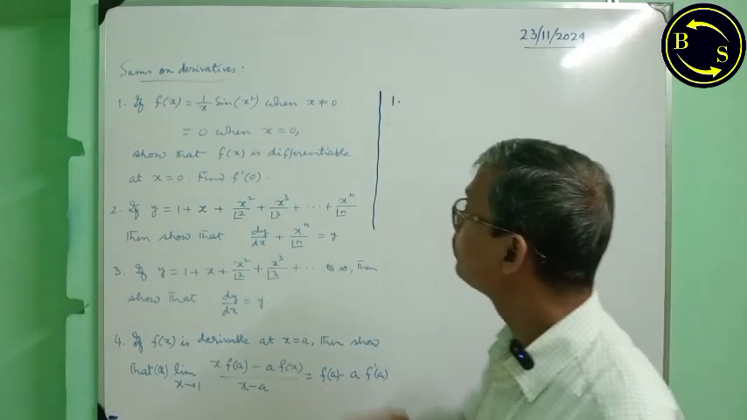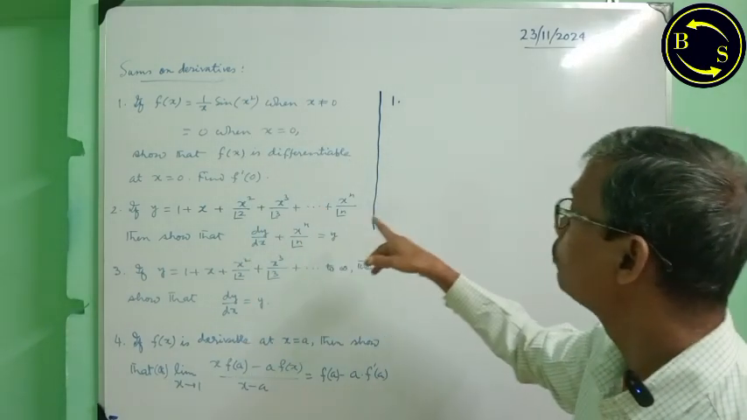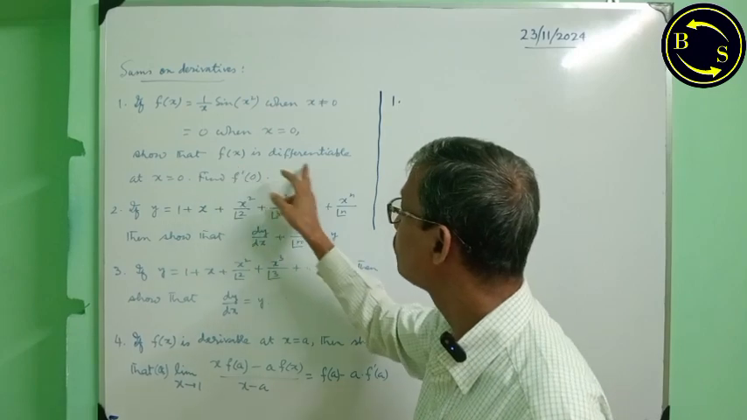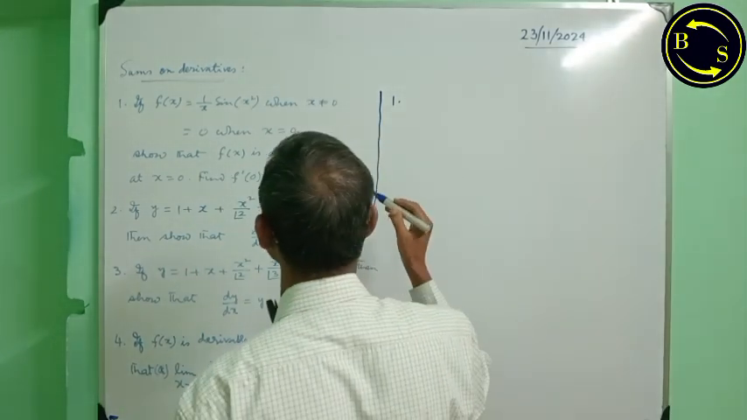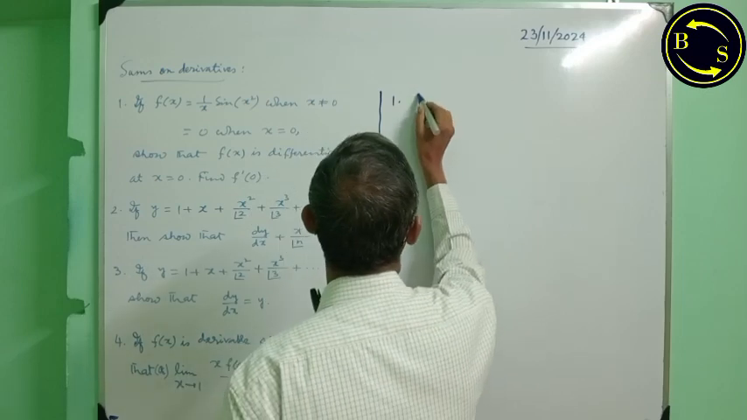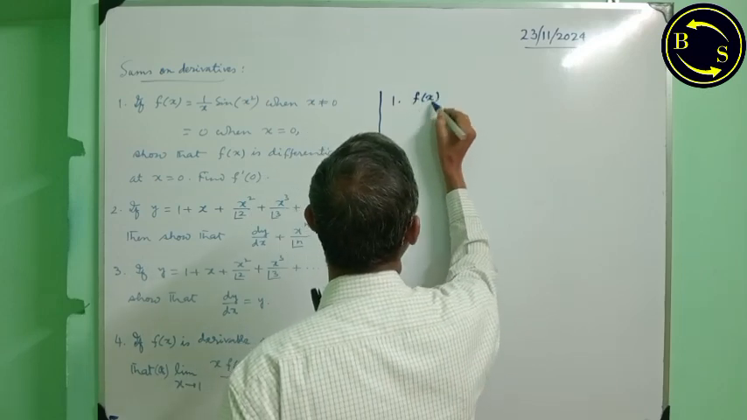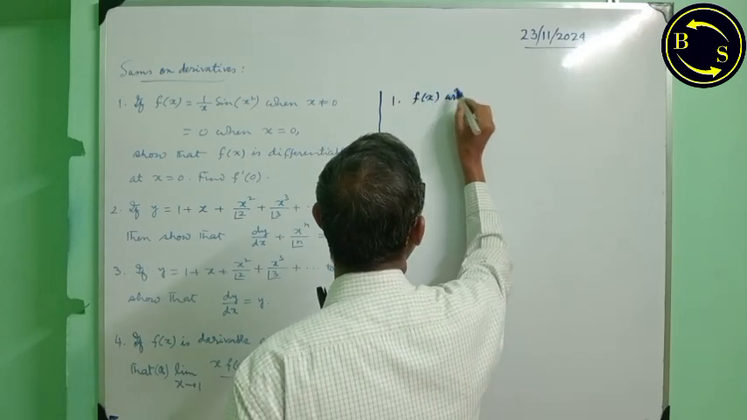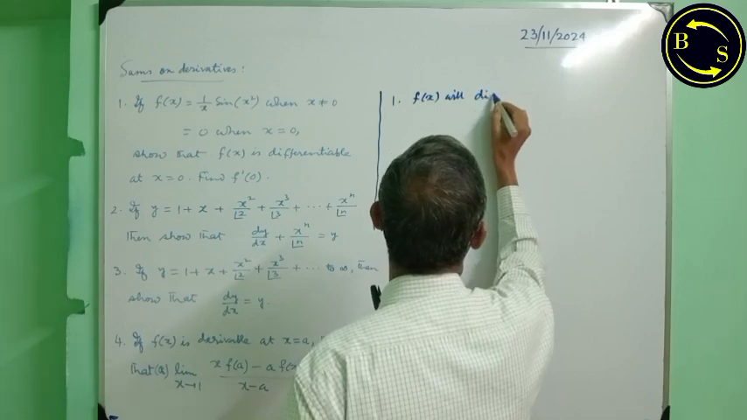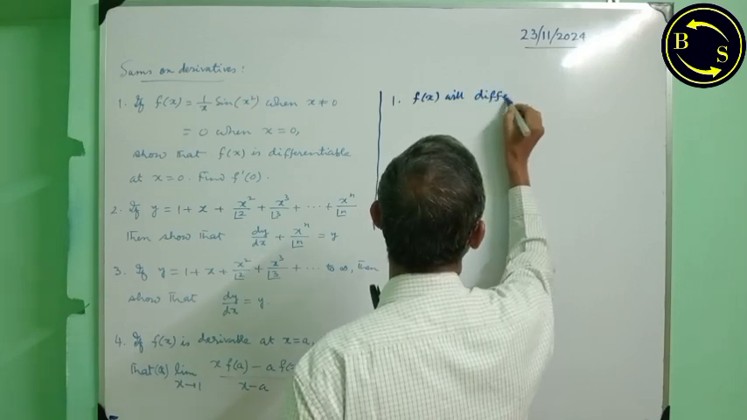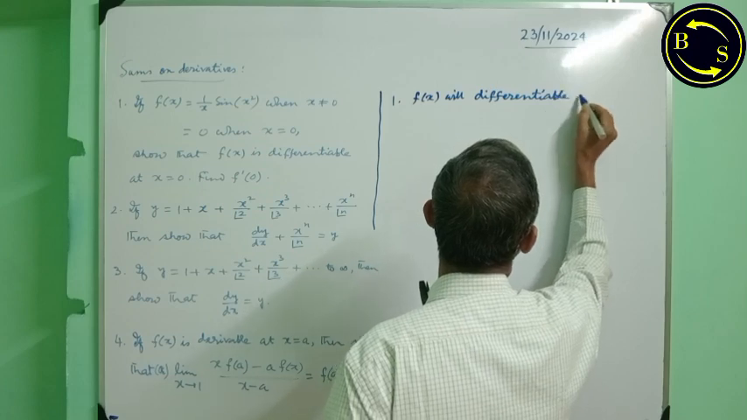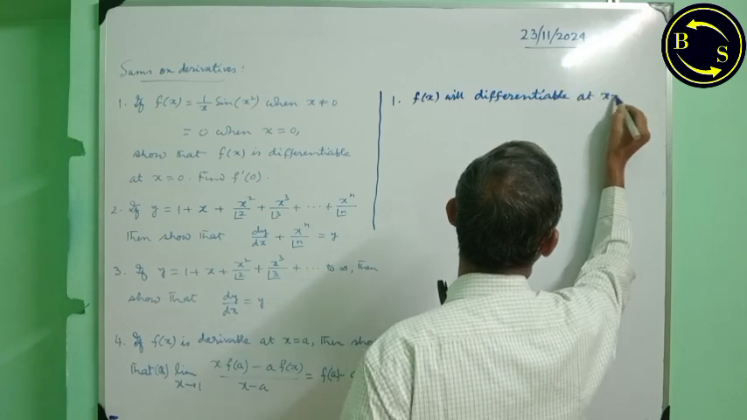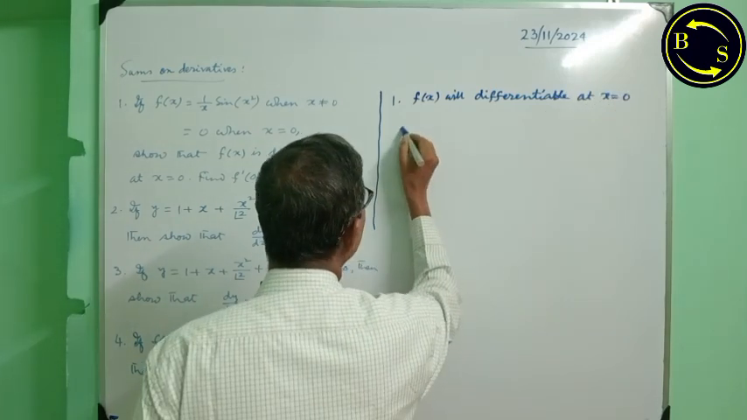f(x) is defined like this. We have to show that f(x) is differentiable at x equal to 0. First we write down the condition. f(x) will be differentiable at x equal to 0 if